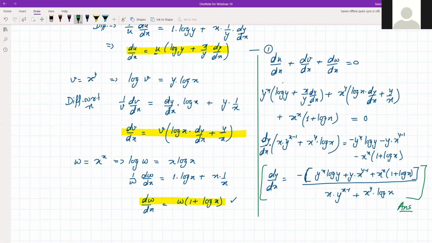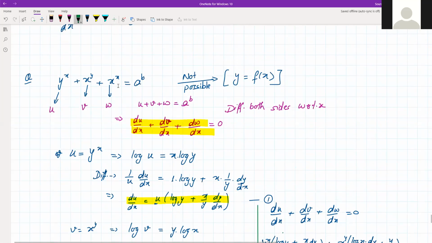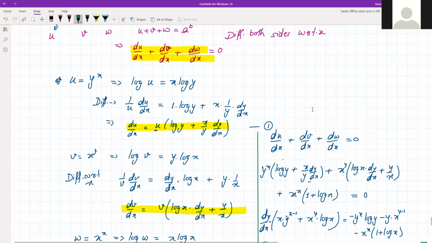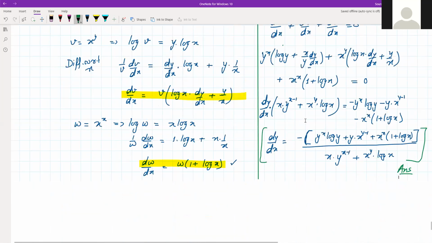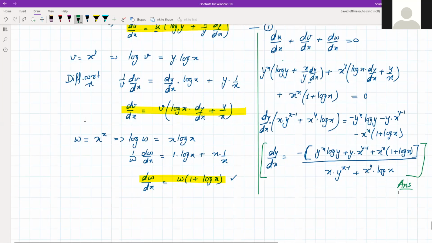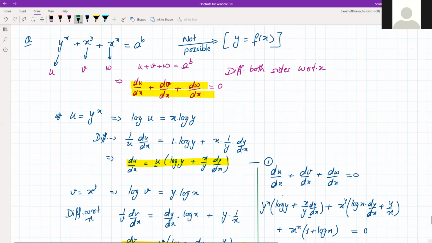You can see it is still very complex, but by using logarithmic differentiation, applying that method, we have at least made it possible. It is just lengthy, right? It took time to solve each of the three of them individually, and then we substituted here, so it only took time. Otherwise there was nothing very tricky in this. The only thing is it takes time to solve such problems.